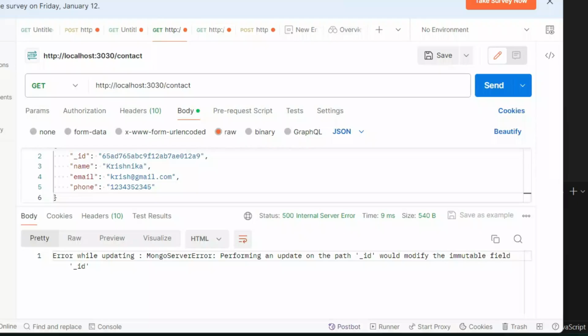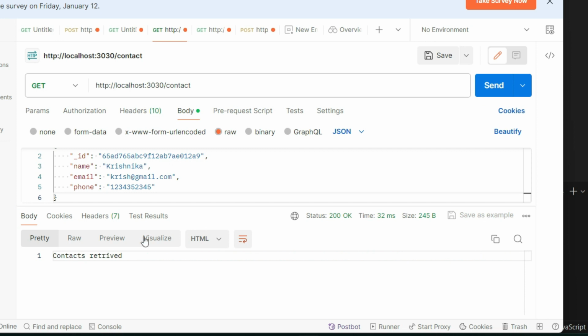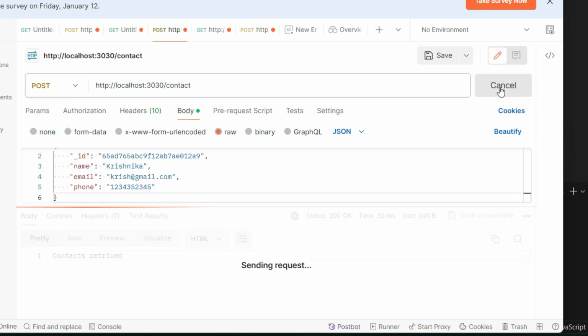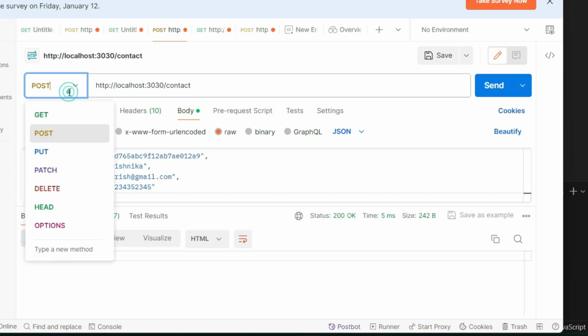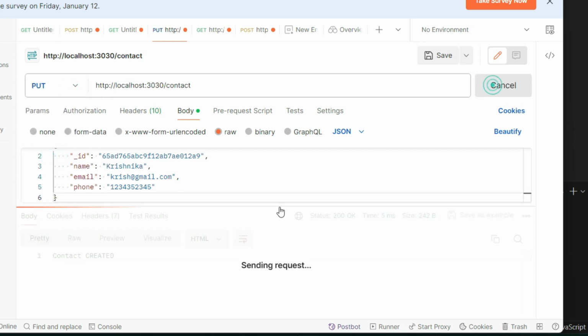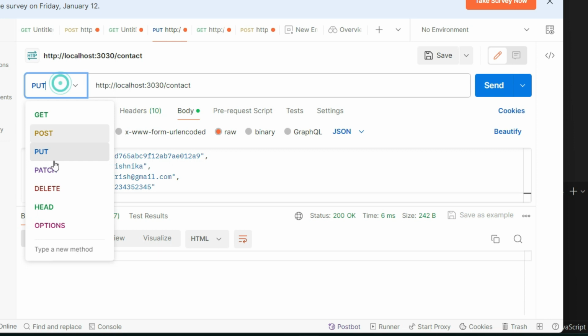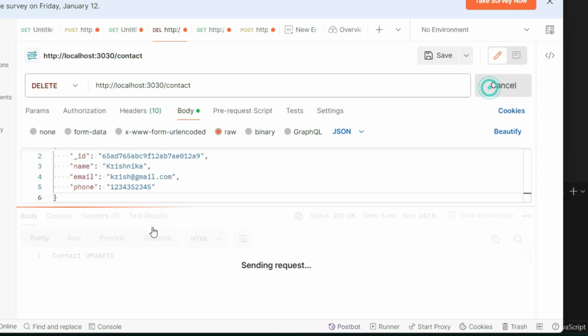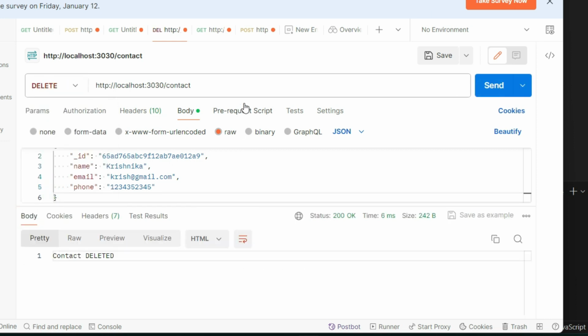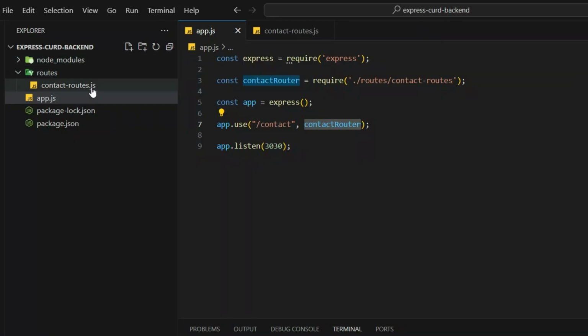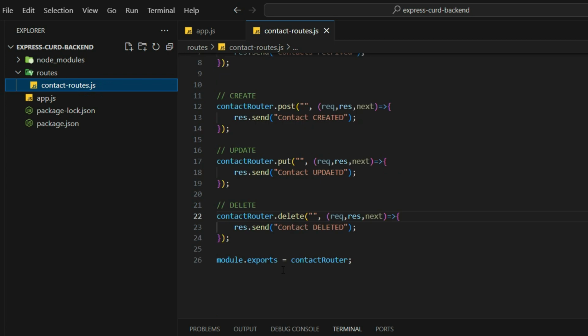So I can go to Postman now and hit the GET URL. See, contacts retrieved, and let me hit POST, contact created, PUT, contact updated, and DELETE, contact deleted, right? So the server is running and working now. These are the static things that we are returning. Now we have to connect it to the